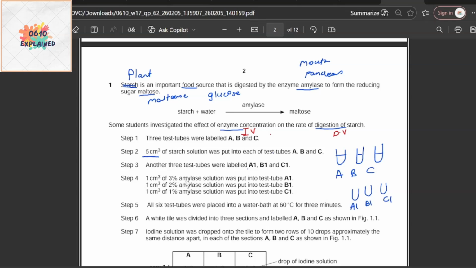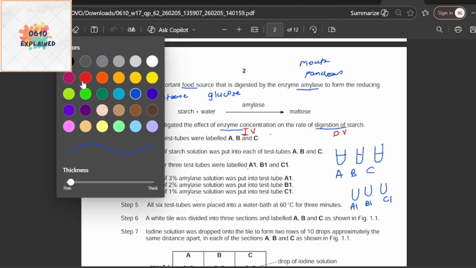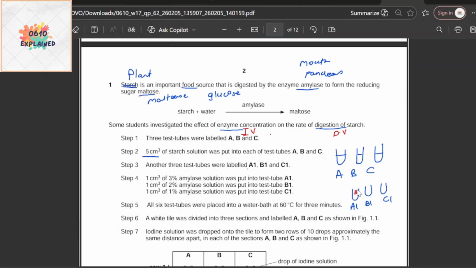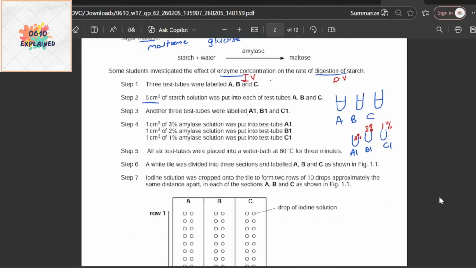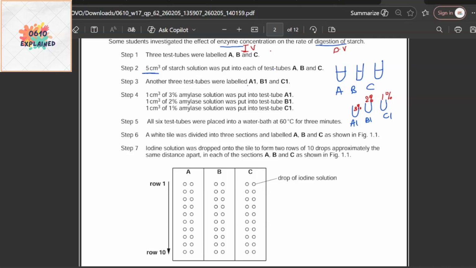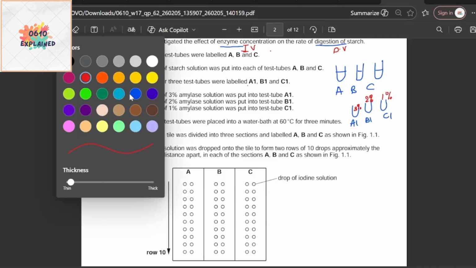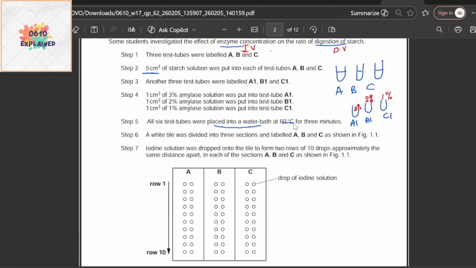1 cm cube of 3% amylase solution was put in A1. So here we have got 3% amylase. Amylase, as we remember, is the enzyme to break down starch. In the second one, we have 2%, and the last one, that is C1, we have 1%. All six test tubes are placed into a water bath at 60 degrees Celsius for 3 minutes. So, we are going to remember these points, that it is placed in a water bath at 60 degrees Celsius